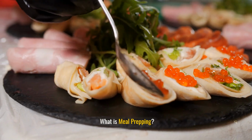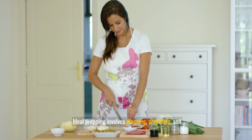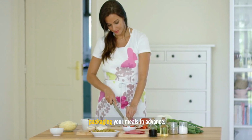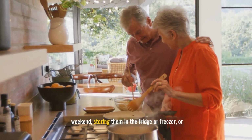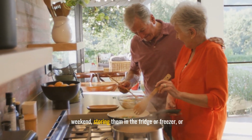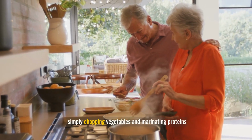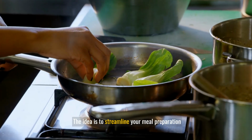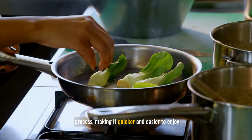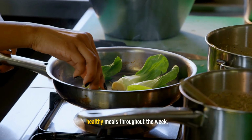What is meal prepping? Meal prepping involves planning, preparing, and packaging your meals in advance. This could mean cooking large batches of food on the weekend, storing them in the fridge or freezer, or simply chopping vegetables and marinating proteins ahead of time. The idea is to streamline your meal preparation process, making it quicker and easier to enjoy healthy meals throughout the